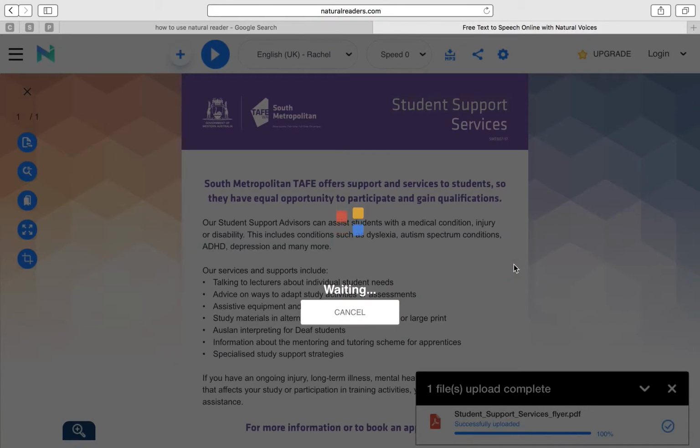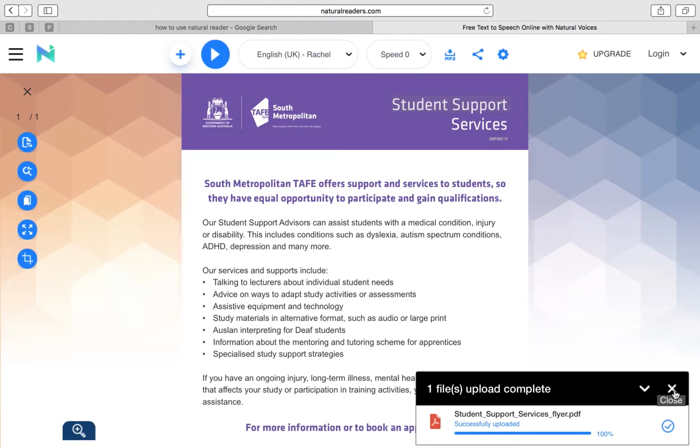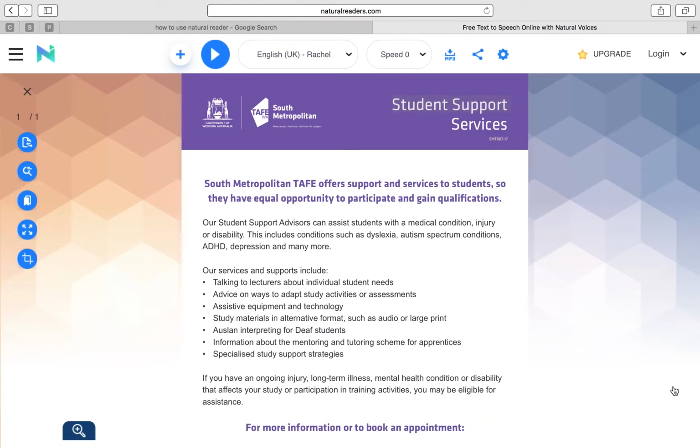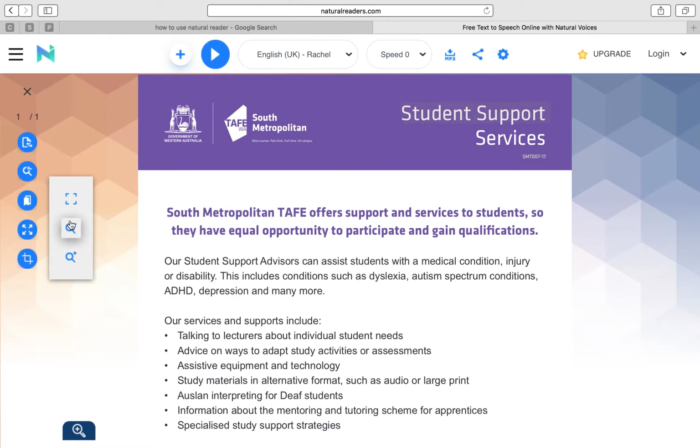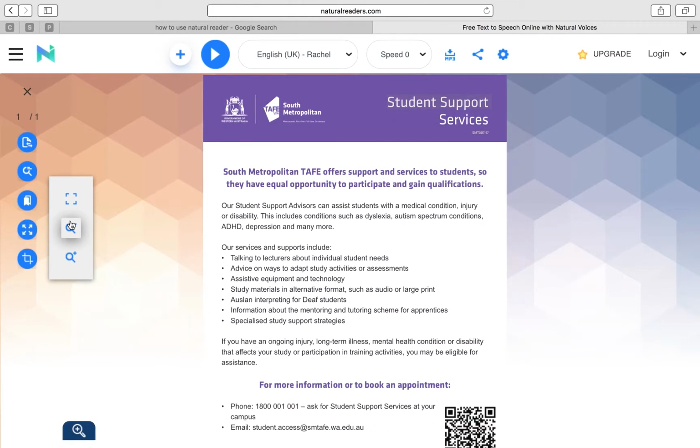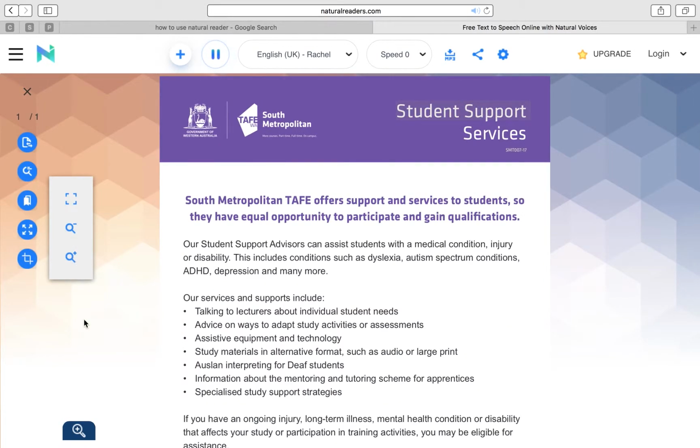Now if you decide you want to follow along as the program is reading, it's possible to do that by zooming in and out using this control here. Just hit play to have it read. Services. South Metropolitan TAFE offers support and services to students, so they have equal opportunity to participate and gain qualifications. Our student support advisors can assist students with a medical condition, injury or